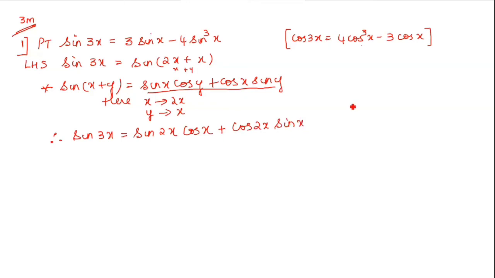Now, let us write the formula. I want all the terms in sine only. Look at the formula. I have to prove sine 3x is equal to 3 sine x minus 4 sine cube x. I want all the terms in terms of sine only. Now, I know this formula. What is the sine 2x formula, main formula? 2 sin x cos x. So whichever formula I get, I will make a note on the side.